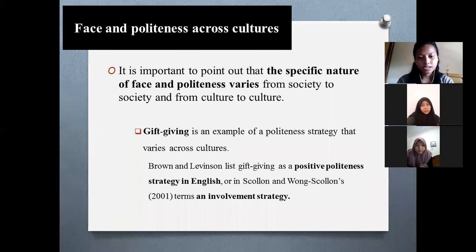Gift giving is an example of a politeness strategy that varies across cultures. Brown and Levinson list gift giving as a positive politeness strategy in English, or in Scollon and Wong Scollon's terms, an involvement strategy. We may spend a lot of time deciding what to buy for the gift, think about what the person receiving the gift will feel about what we have bought them, and what their reaction to our gift